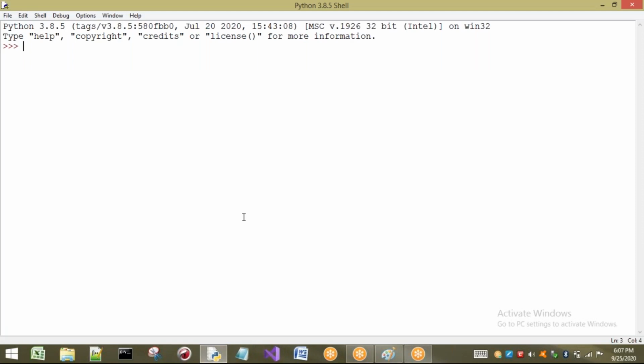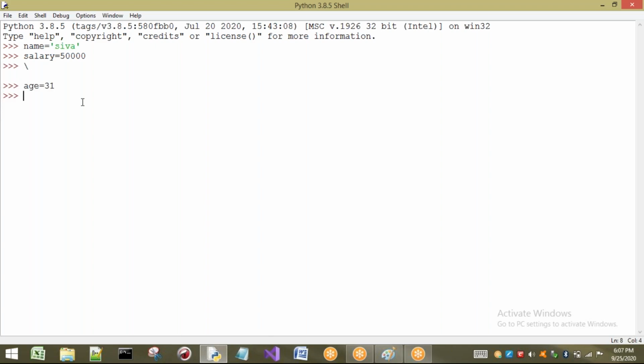See here, first I will take name equal to Shiva. Now I want to take one more value. We have already seen this concept in strings, but once again I will show you briefly. Salary I will take as 50,000, and next I'm going to take age. Let us take age as 31.